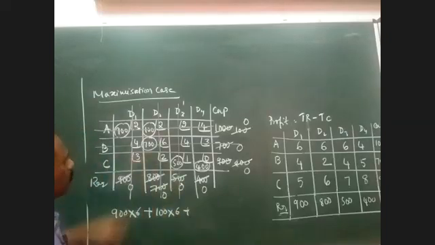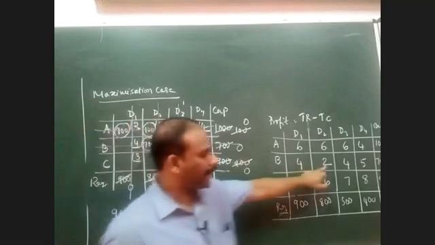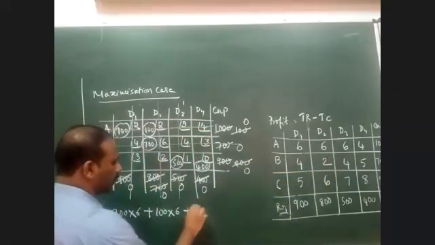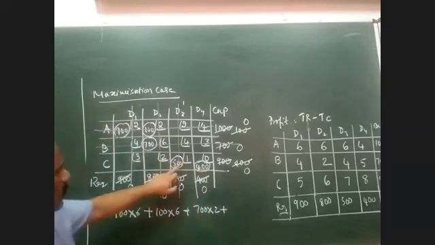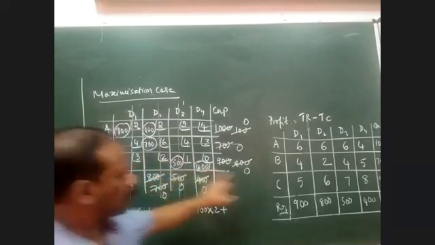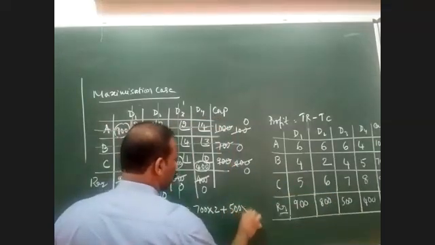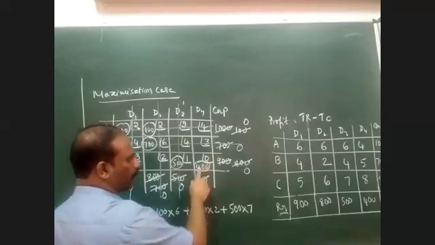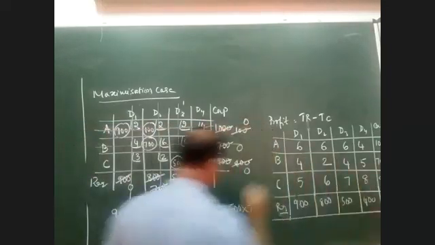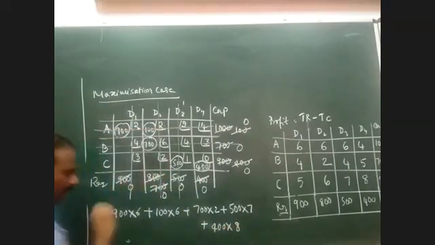Plus the third value: 700 into how much do we get? 700 into 2. Plus the next value is 500, so 500 into 7. And the last value is 400 into 0, 0, and 400 into 8. Can you please multiply and add the final answer now?